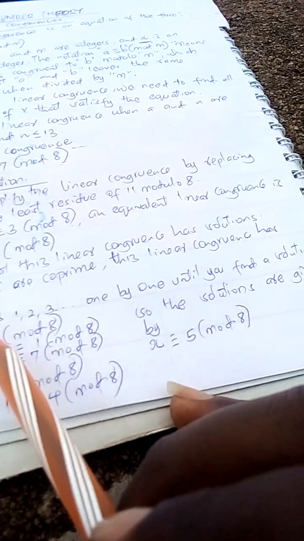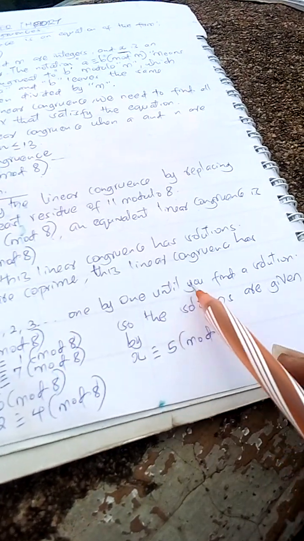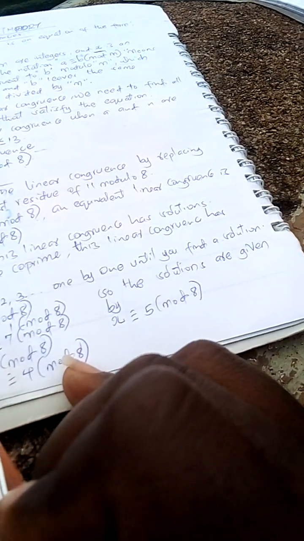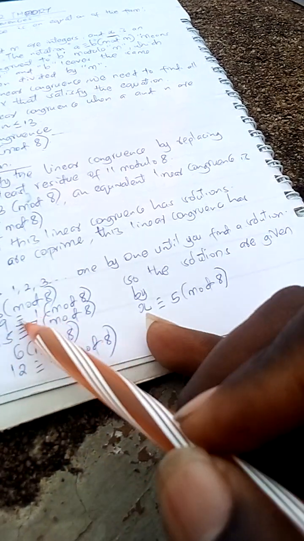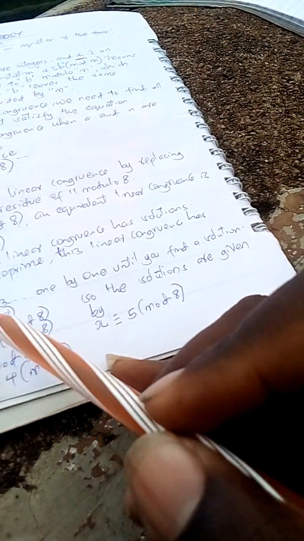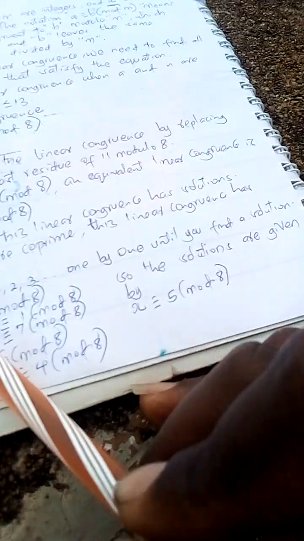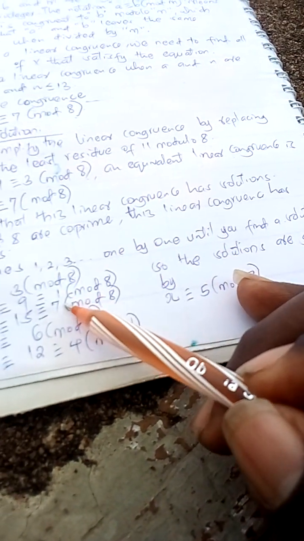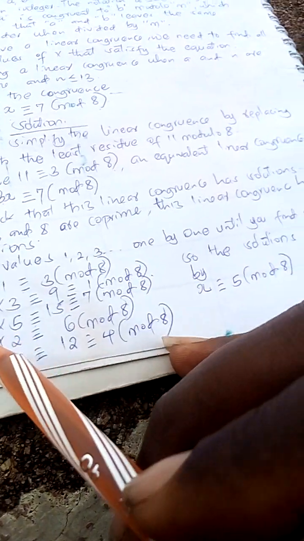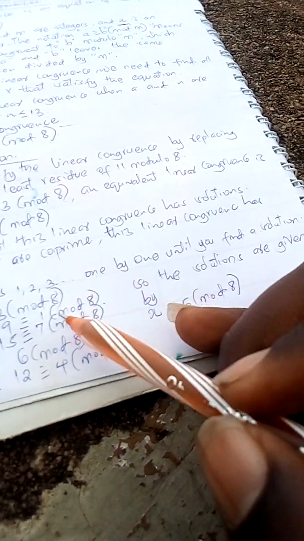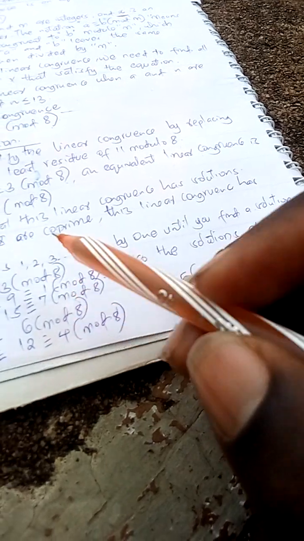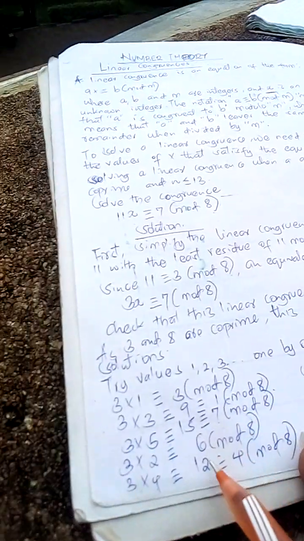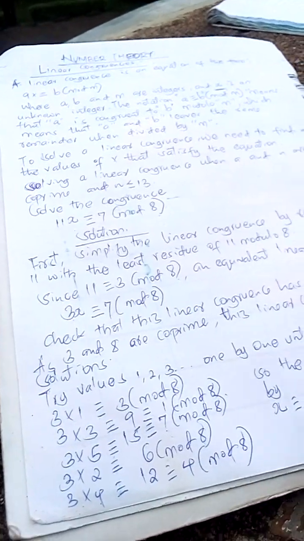We are going to try the values 1, 2 and 3 one by one until we find the solution. So we'll start by multiplying 3 by 1, which is 3 mod 8. We have 3 by 3, which is 9, and we find 1 modulo 8. So 3 by 5 is 15, so we'll find 7. 7 is our remainder, 7 modulo 8, all the way until we are going to ascertain that